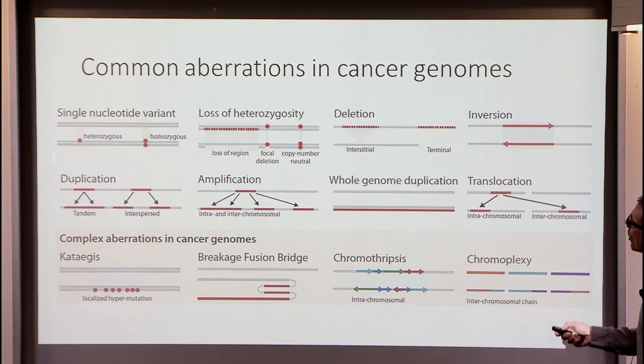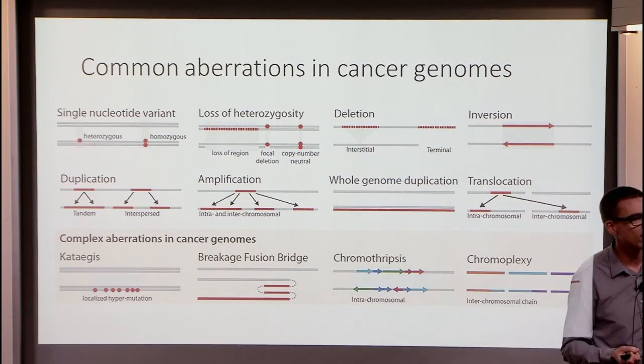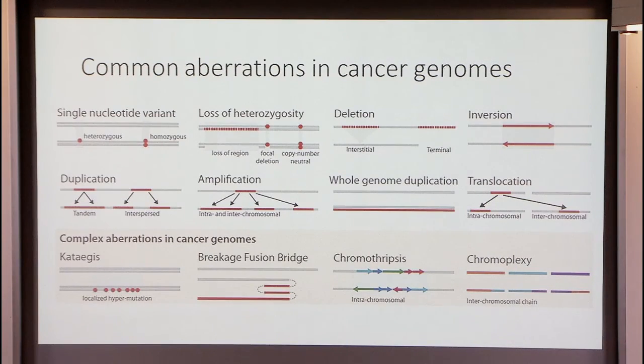And then we have more complicated stuff already. Duplications, amplifications, translocations are very common. Ben has mentioned one already. And these very complex aberrations down here usually affect large parts of the genome, or at least of a single chromosome, and usually mess it up in a more or less complicated way, like chromothripsis, for example. Essentially, a large part of the chromosome is shattered into pieces and put together again in a seemingly random way. So this is a single genetic event that creates a big mess in the genome.